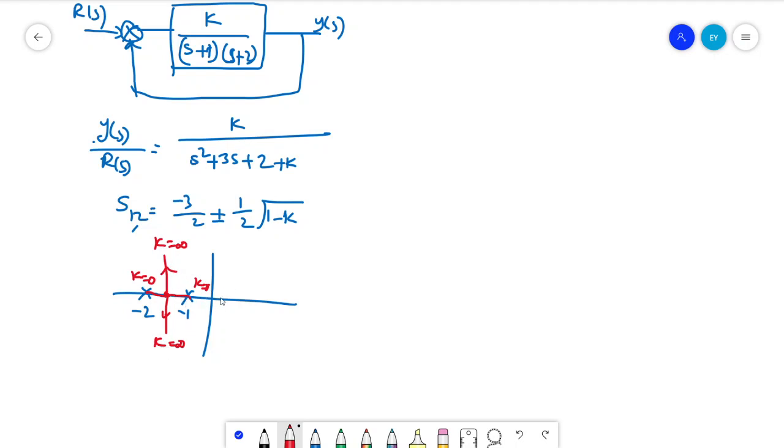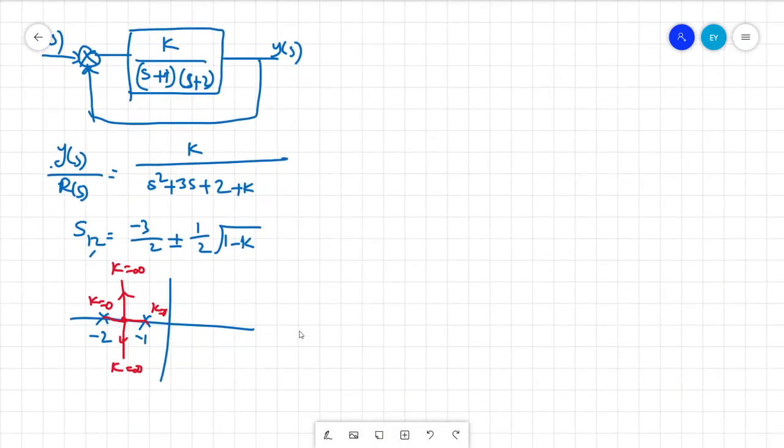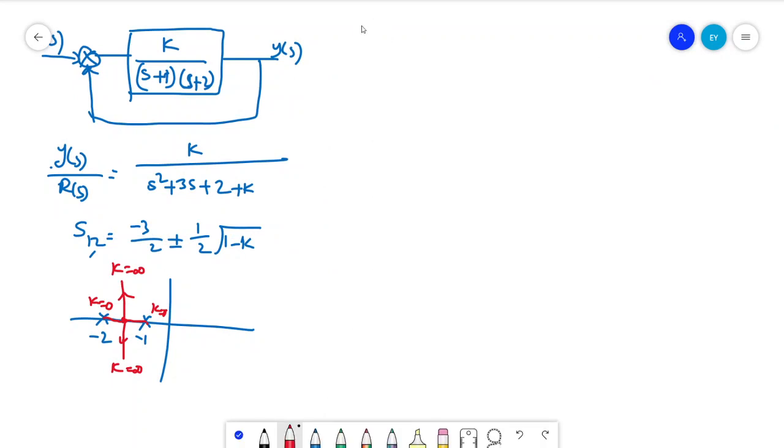System is definitely stable. What if you have an integrator here? Let us check if you have an integrator in the system. Here I'll write here itself. Consider you have a plant, another plant.